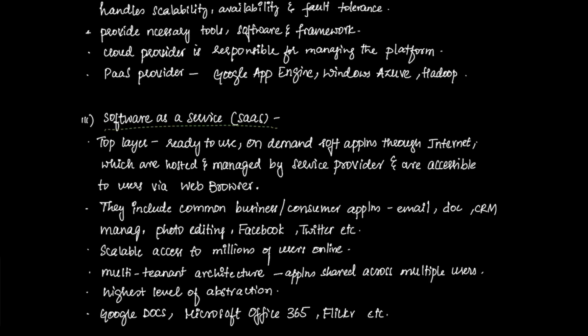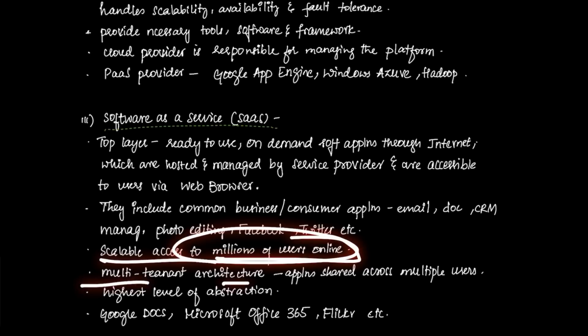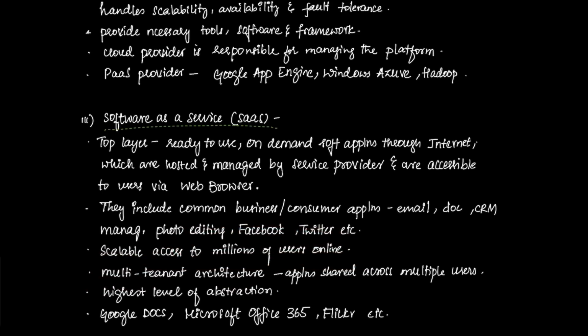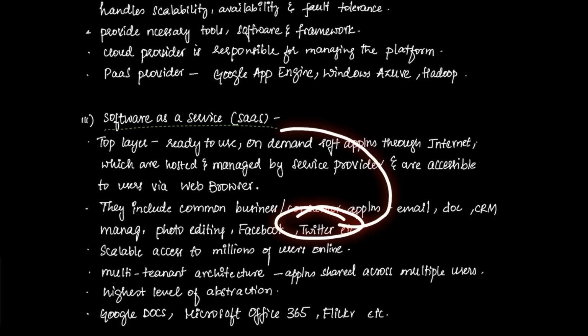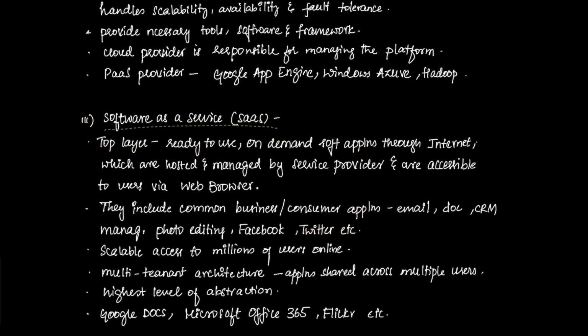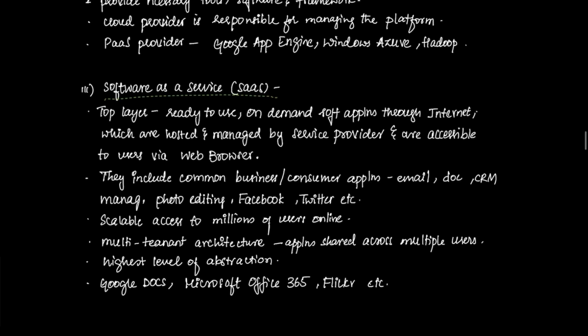Software as a service applications are shared across multiple users, millions of users online, and they have multi-tenant architecture. That is, they are shared across multiple users with each user's data kept separate from each other. That's what we can see in Facebook and Twitter, right? Everyone has a different application, but everyone is accessing Twitter at once over the internet. So that's the best example of software as a service. It has a high level of abstraction compared to the other two. Examples are Google Documents, Salesforce, Microsoft 365, and platforms like Facebook, Twitter, Flickr, ServiceNow, and so on.